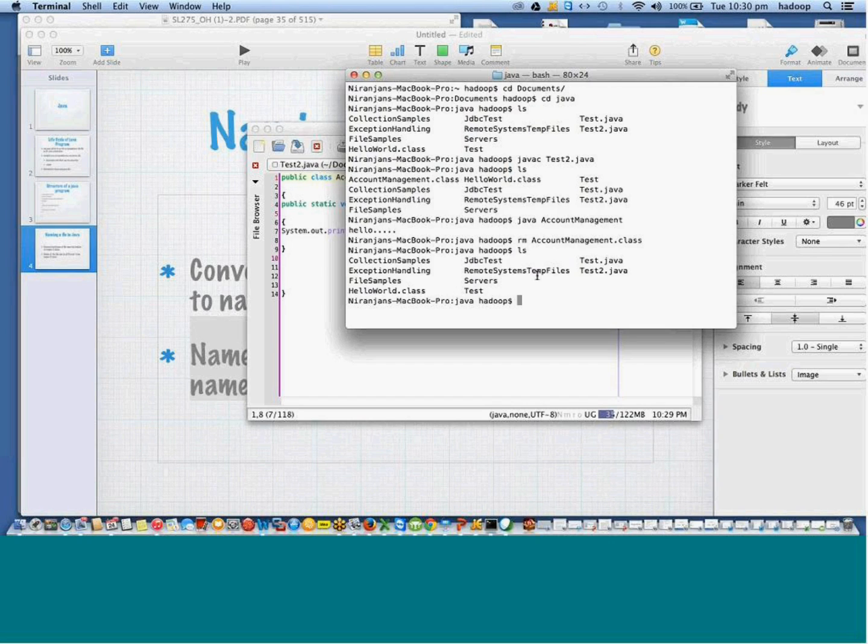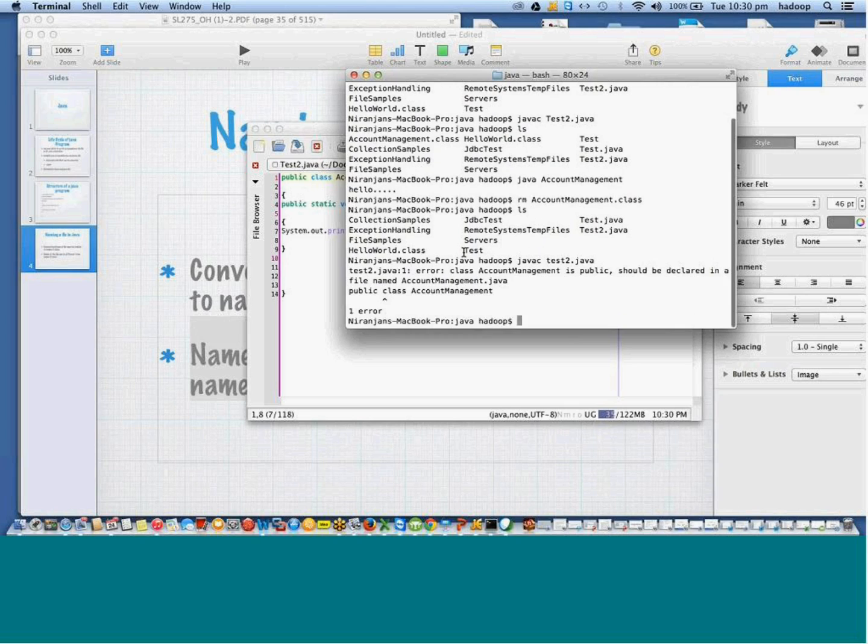AccountManagement class is not there. Now let me go and compile javac test2.java. Only one change I have made, and that change is what? I have just made this class as public and press enter. You are getting error here, right? Class AccountManagement is public, should be declared in file name AccountManagement.java, right? So what is the